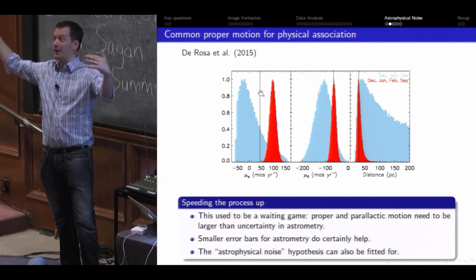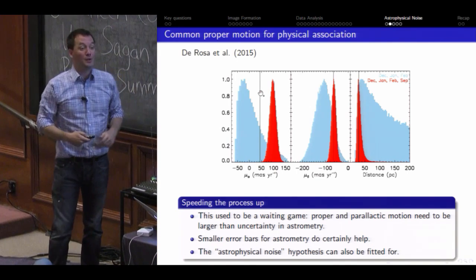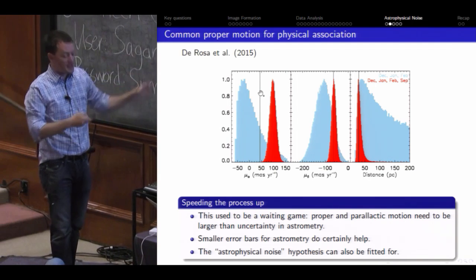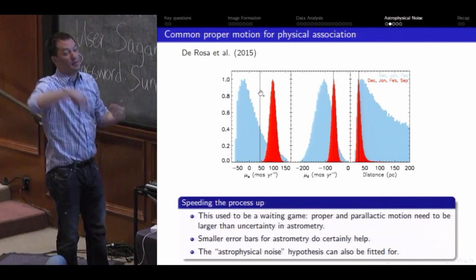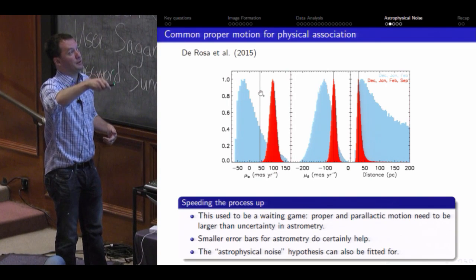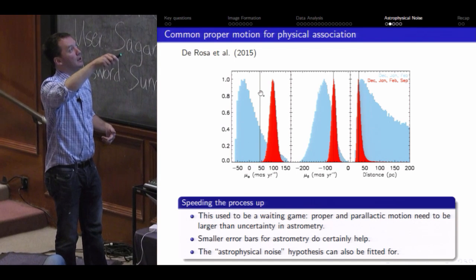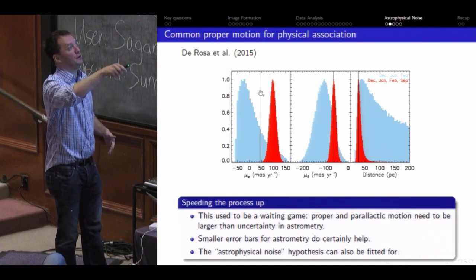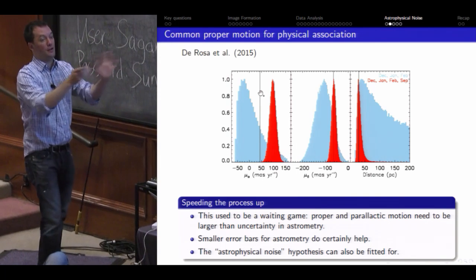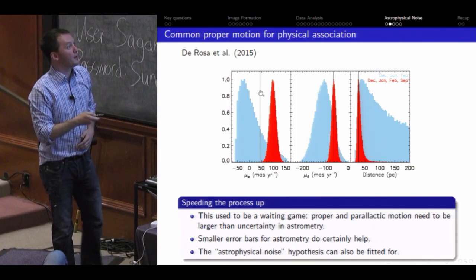We couldn't rule out the field object hypothesis, that it's kind of moving in the field, but we could rule out that it's a background object. We didn't really publish it with this. And of course, once you add the third epoch a year later, a lot of the astrophysical noise hypothesis gets tightened up, and then you can show that there are very, very few stars that have this kind of motion that could be some astrophysical noise. The other information we had